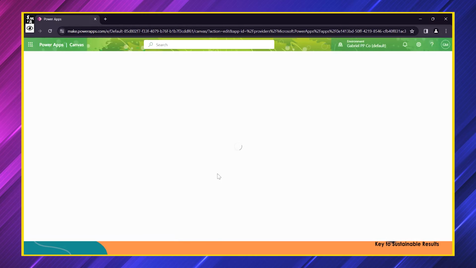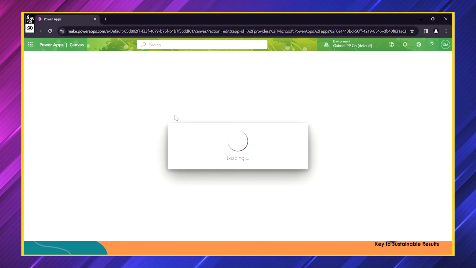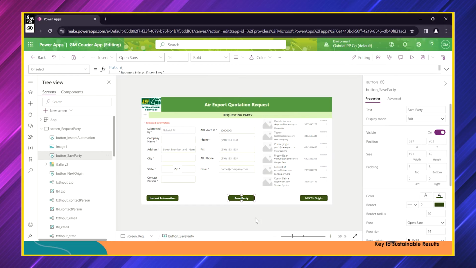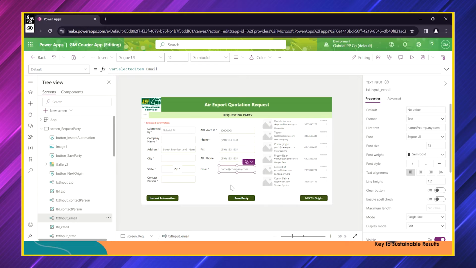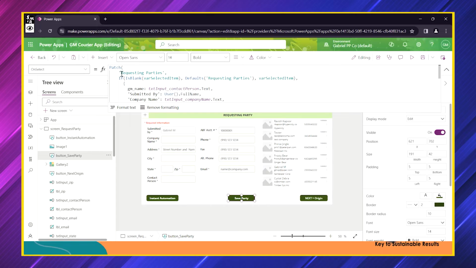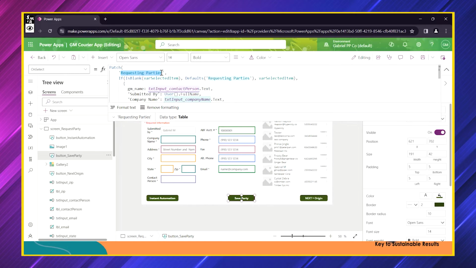So I'm going to the edit mode of this app, waiting for the app to load. This is one of the apps which we have created in our organization. If you go here, these are the various controls which we have used in this particular application. And when I go to this button, here we have used a Patch function. And if you see here, request parties is our database name. And how we are submitting the patch,